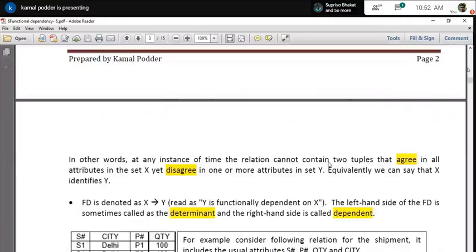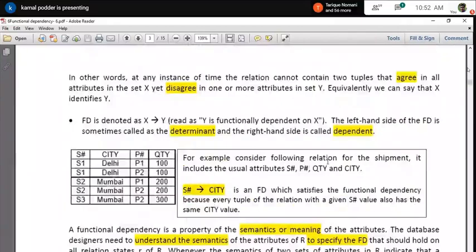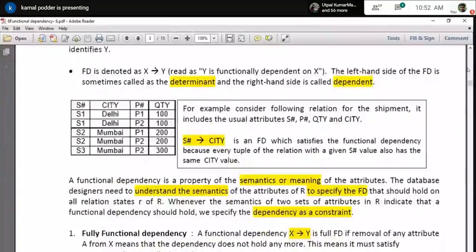This is a very important concept. So you have to find out in this way whether there is a functional dependency between two sets of attributes or not. Symbolically, how do we denote it? X arrow Y. You read it as Y is functionally dependent on X. The right side is functionally dependent on the left side. Here I am showing only one attribute, but that does not mean it is always one attribute; it can be a set.